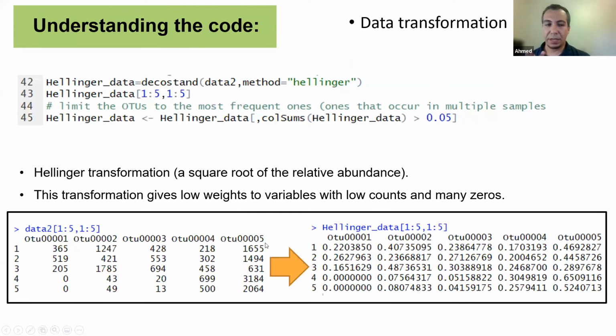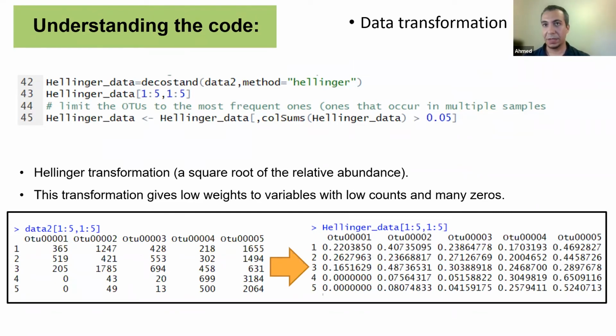Because WGCNA assumes that it was originally developed for expression data. So it assumes that you always have some sort of background expression. So even if a gene is completely turned off, you find one transcript or something. So that was the assumption of WGCNA, and that's why you want to do this kind of transformation if you are working with